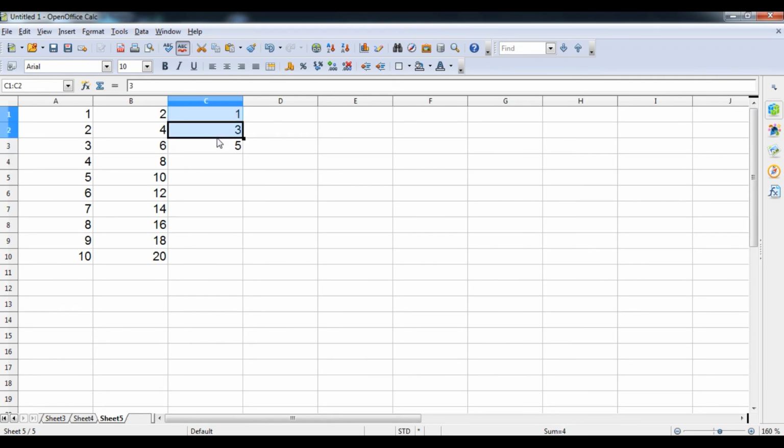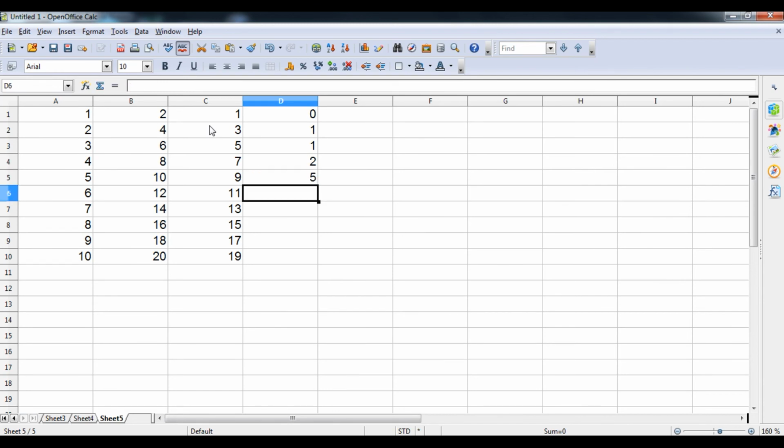Okay, so what I am going to do is select all three, wait for the fill handle, and then drag it up to the required data. Here are the even series and odd series. Suppose that 0, 1, 1, then 2, and then 5. This is my Fibonacci series, student.